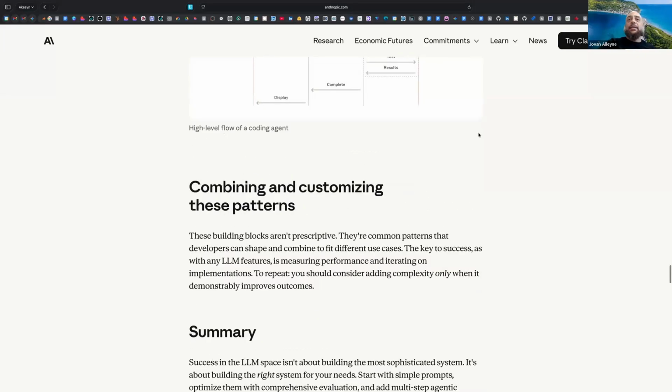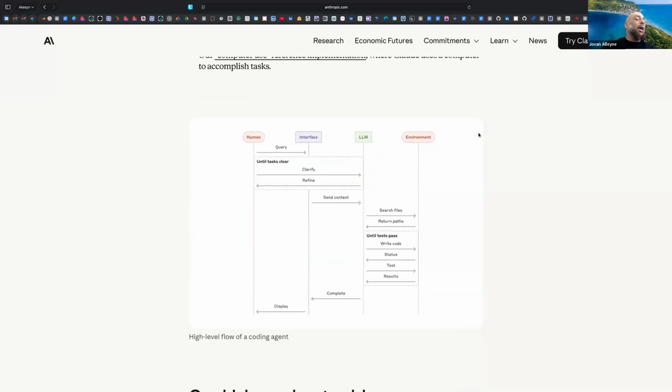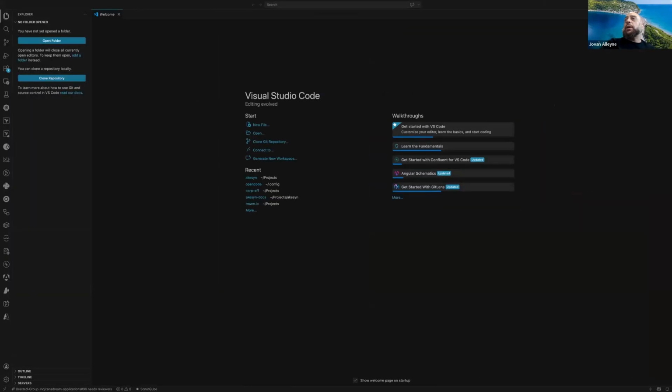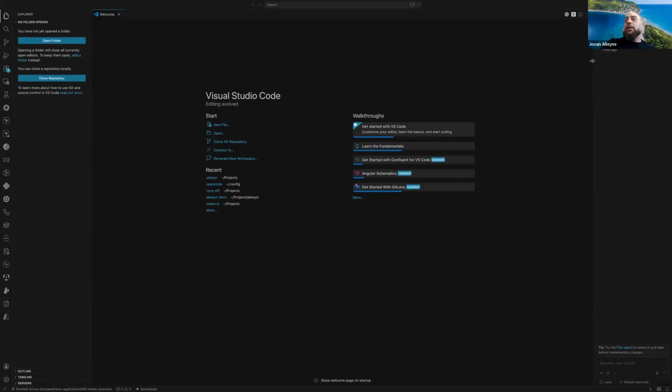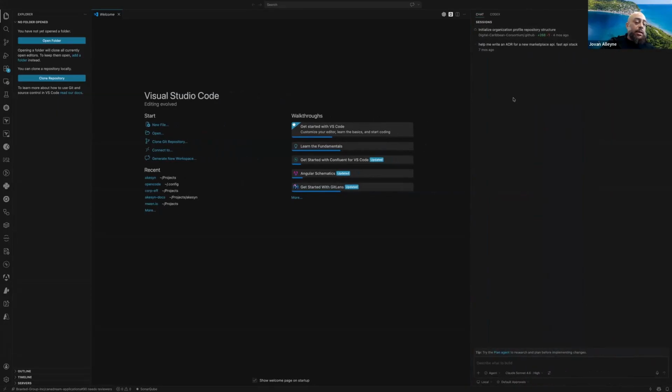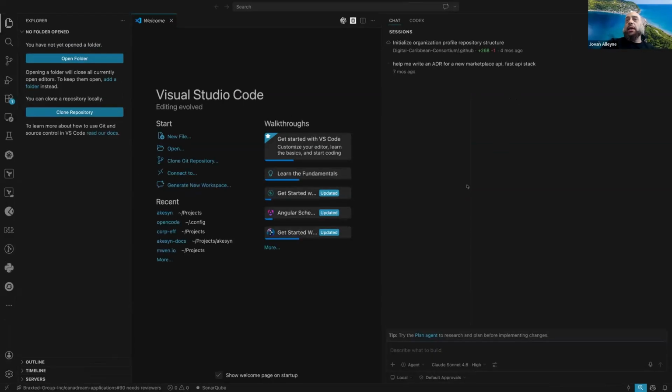So all that to say that there are different ways to put these together, and that's where a lot of research labs are focused right now: what's the perfect combination of these workflows. There are swarms, there are 100 papers out there on experimentation on different ways to combine these LLM systems together. But ultimately, I think for this group, Claude Code and Visual Studio Code allow you, and I'll open a project here quickly, to define that in your own code base. So this is really what Visual Studio Code looks like.